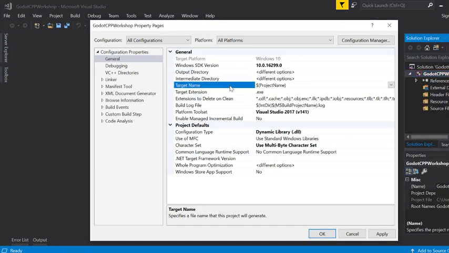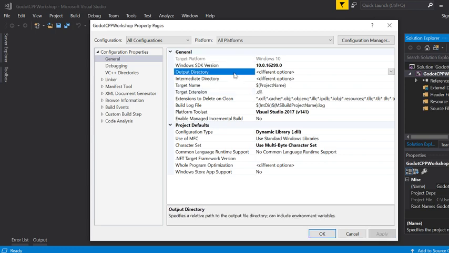Okay, now we can go back to Visual Studio, and put it in the source folder. No, put it in the game folder. The Godot project goes in the game folder, the Visual Studio project goes in the source folder. Yes, that's what I want. Okay. So our output directory is going to be